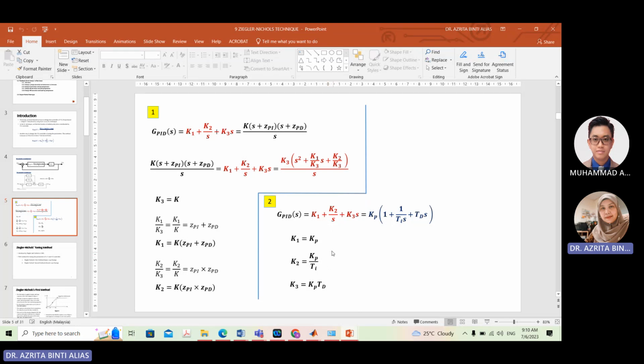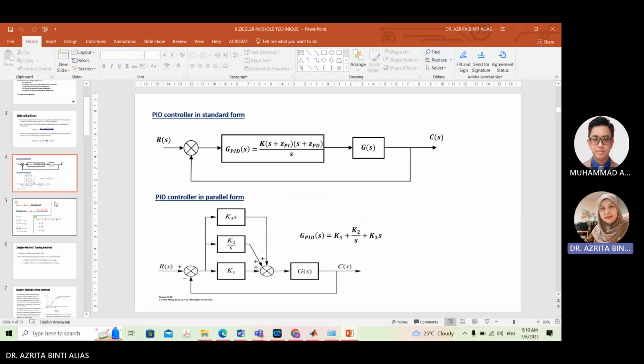So either you need to memorize it or you need to prove it yourself. So we have here the PID controller from the Ziegler Nichols, and here from the parallel form. Parallel form is easy to memorize because